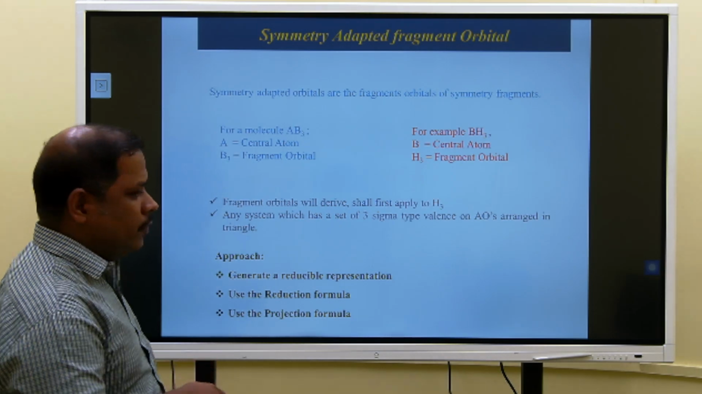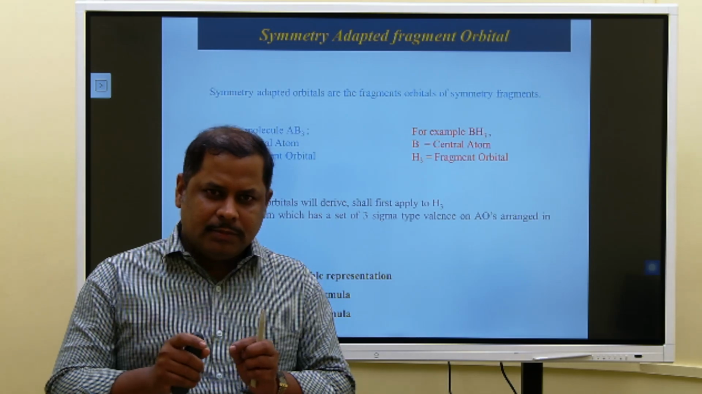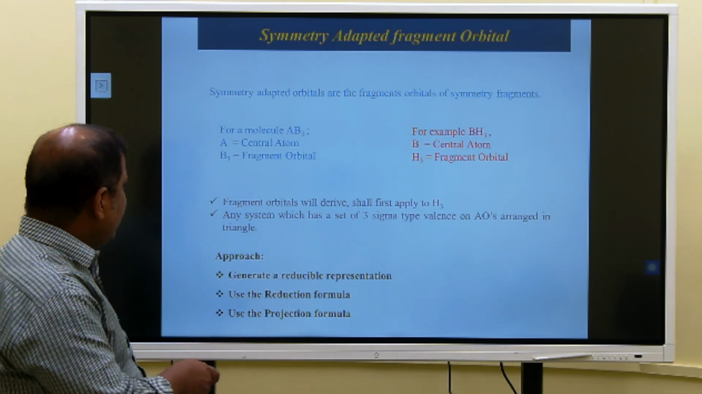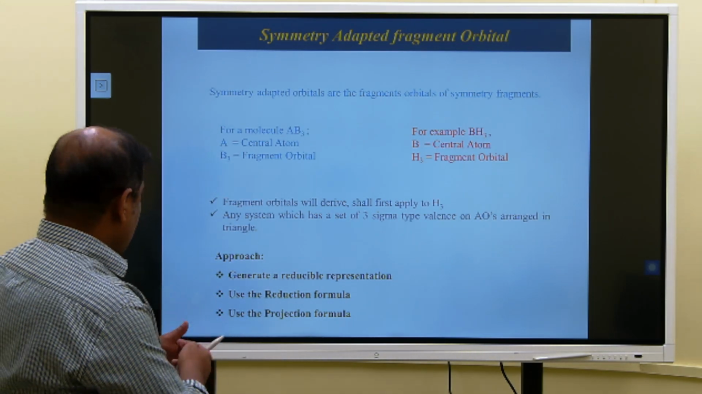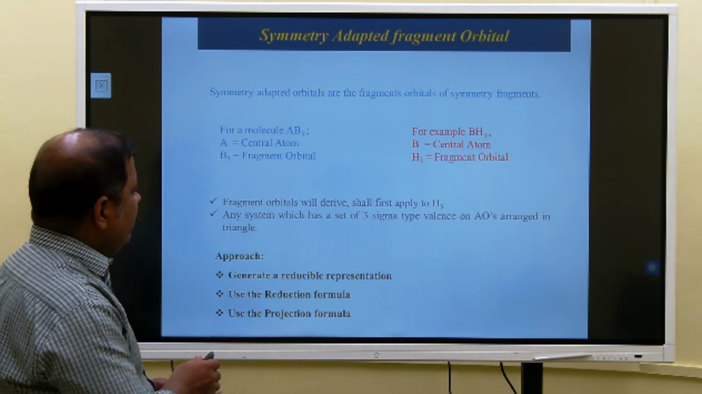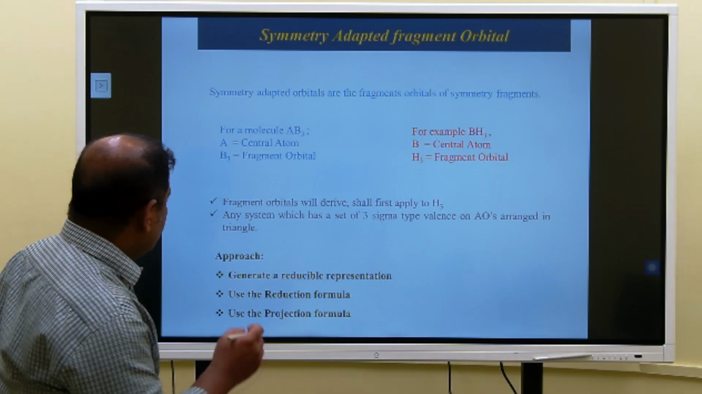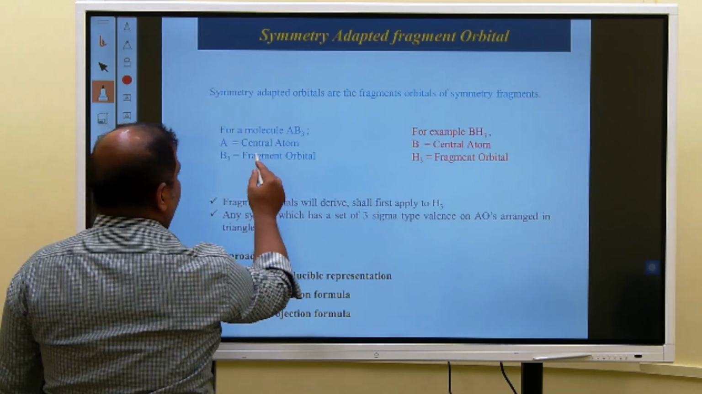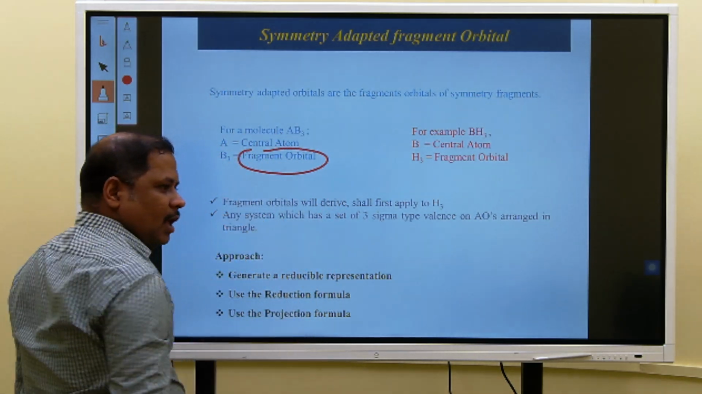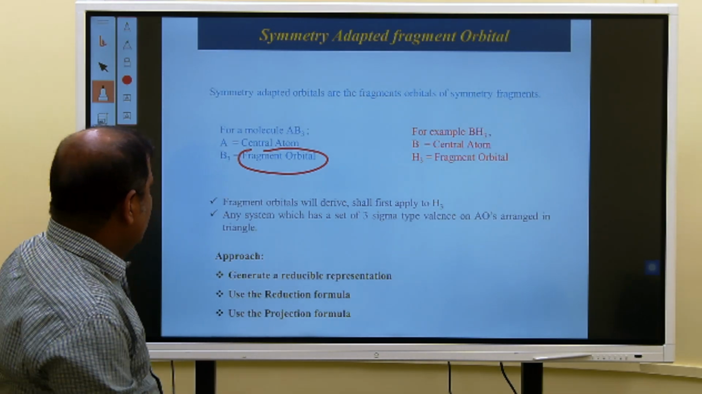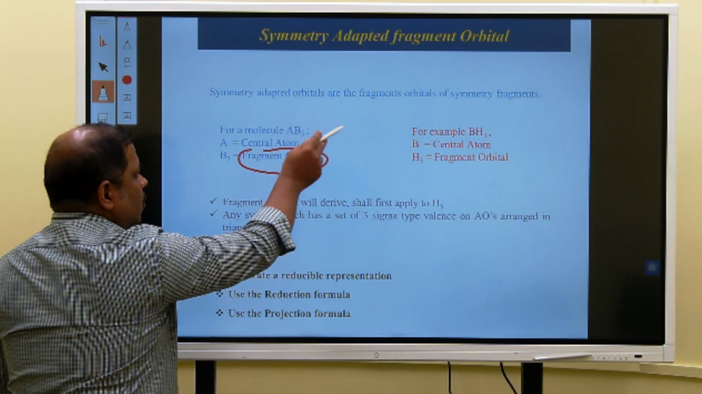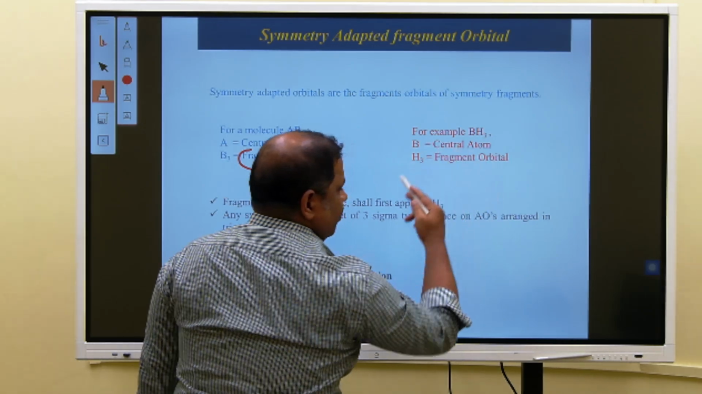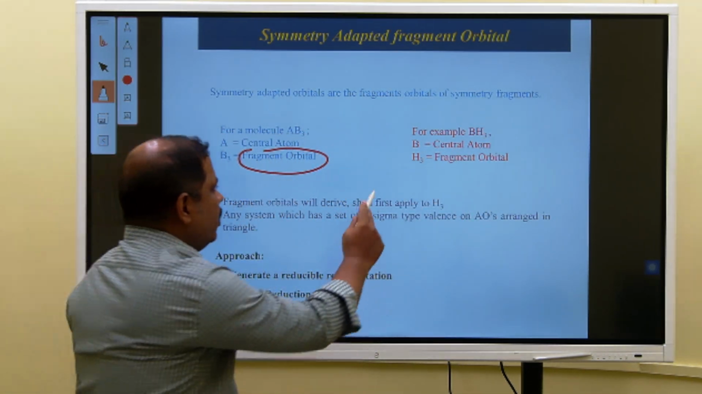So what we will do, first we will figure out what is the central atom and then what is the peripheral atom. So in case of AB3, the central atom is A. Central atom is A and the peripheral atom is B. So these peripheral atoms are called fragment orbitals, and the central atom as usual. So if we take an example of BH3, H3 will act as fragment orbital and boron will act as